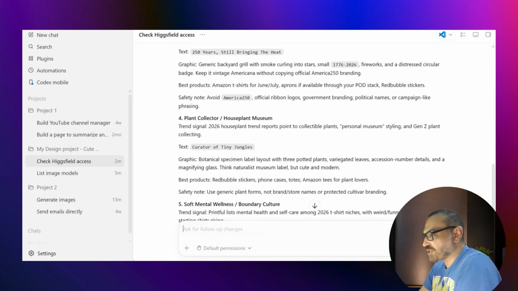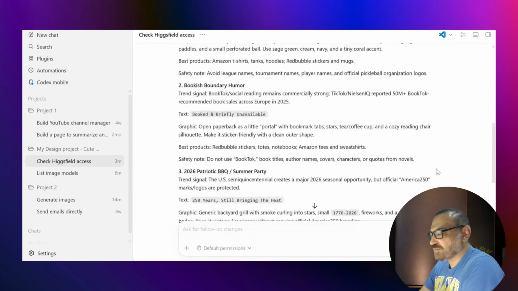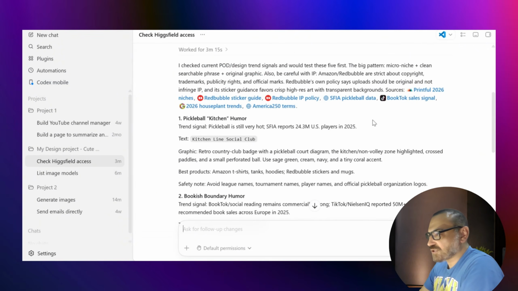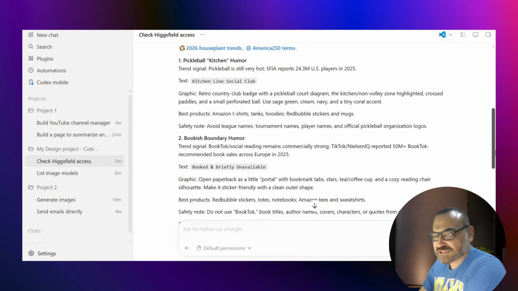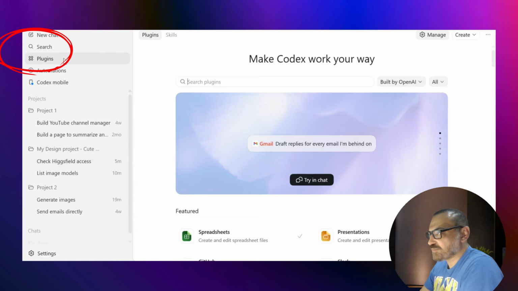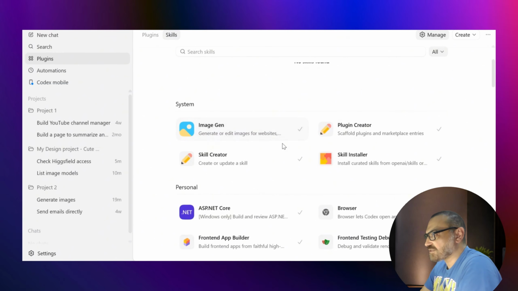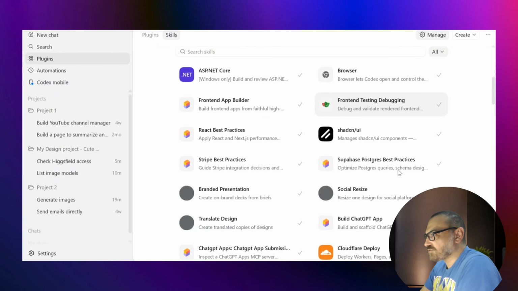Codex is working on. So instead of asking it to generate designs directly based on this research, I would like to do something different. And this is what we mentioned at the beginning of the video. We're going to add a skill to control our credit spending of Higgsfield. So to do that, simply press on the plugins and you will find 2 tabs at the top. Press on the skills tab and you will find all the skills that are connected or available to be connected